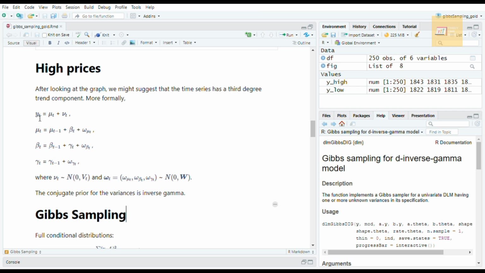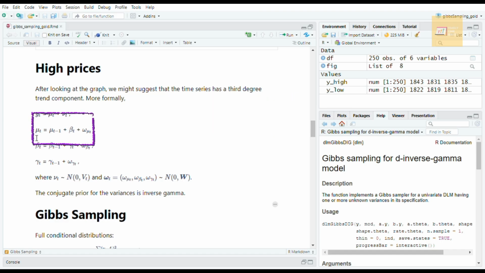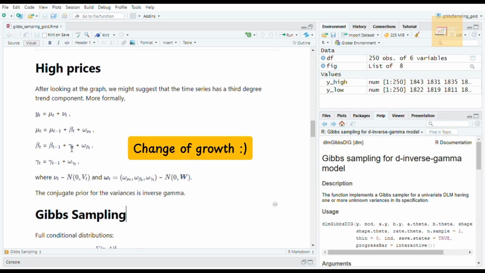It says that yt, which is the value that we observe, is defined to be the level mu plus some variance nu. And then the level mu at time t is defined to be the previous level plus some growth beta, and plus some variance or white noise around that level. I'm going to denote that white noise or variance as omega for mu t. And then furthermore, we can define the growth beta as the previous beta plus some growth of the growth. It's like acceleration,